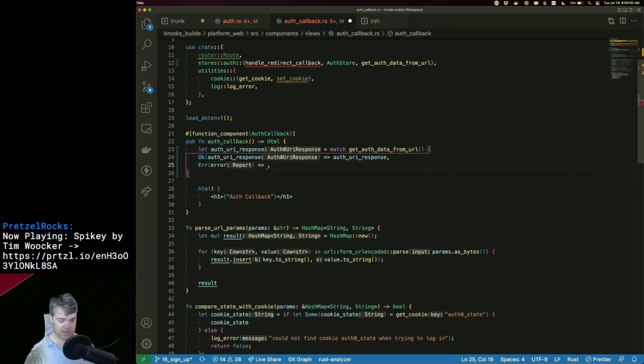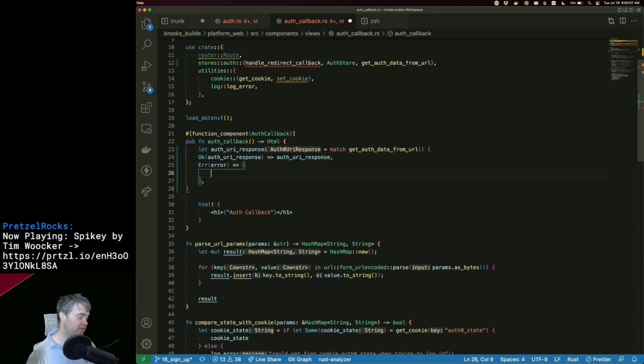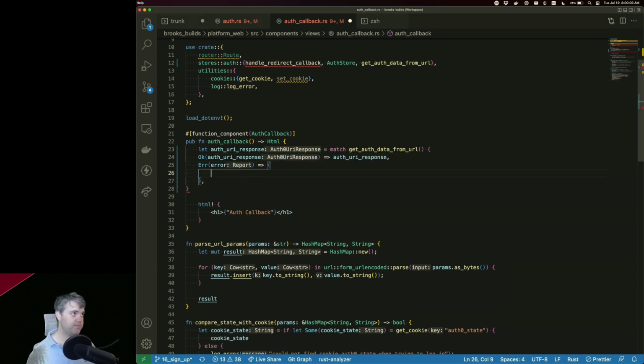So if we get this error, I want to put this into the store, and then we're gonna redirect ourselves back home. Although I guess at the very end we're gonna do that anyways, but I probably don't want to do anything more after this because we're kind of done. So yeah, we should redirect right now. Okay, so let's see what that means.